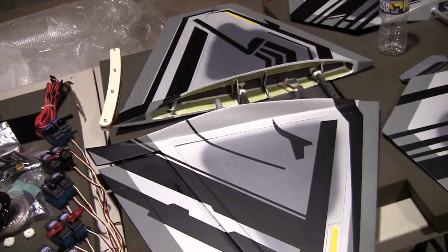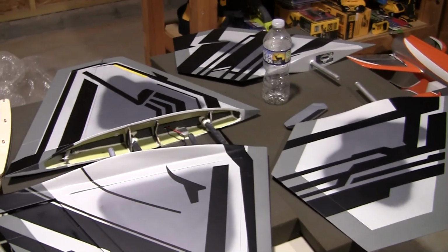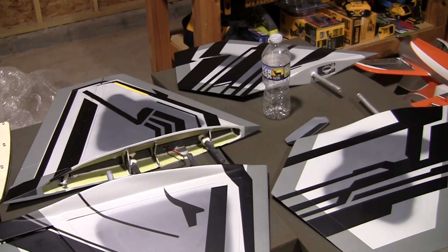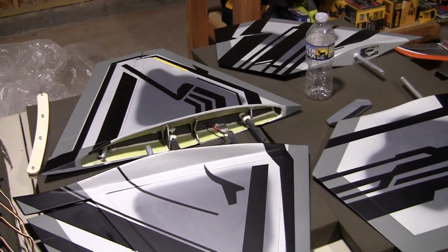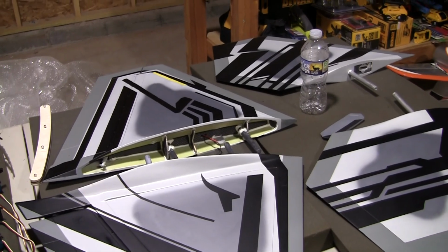So once I started moving the CG back to around 300 millimeters, 305 is kind of the max you want to go back, but I think I set mine around 300, it rotated easier. It didn't seem to be as pitchy on landing. It does land a little flat, so you have to...